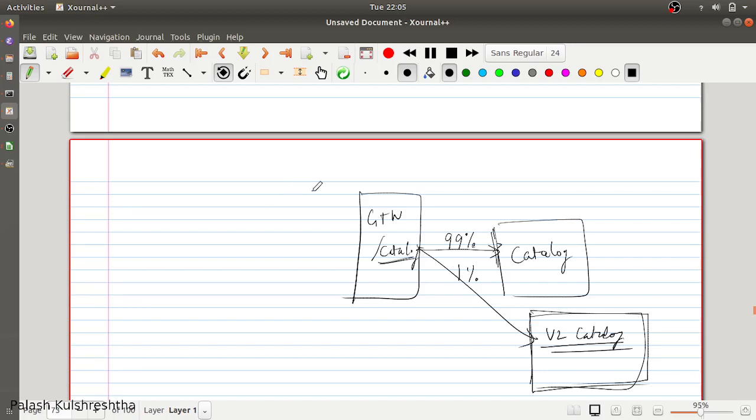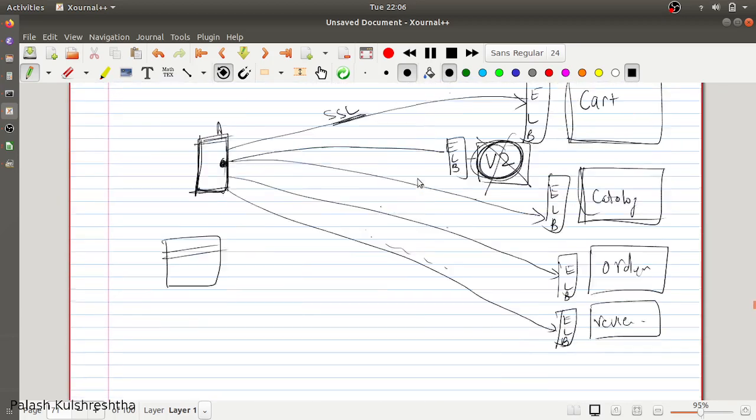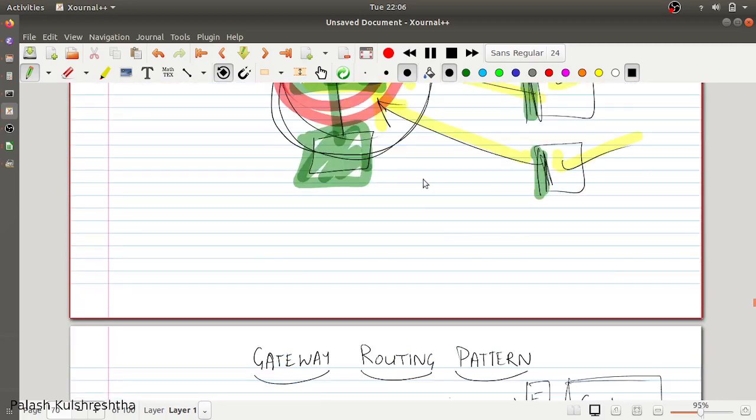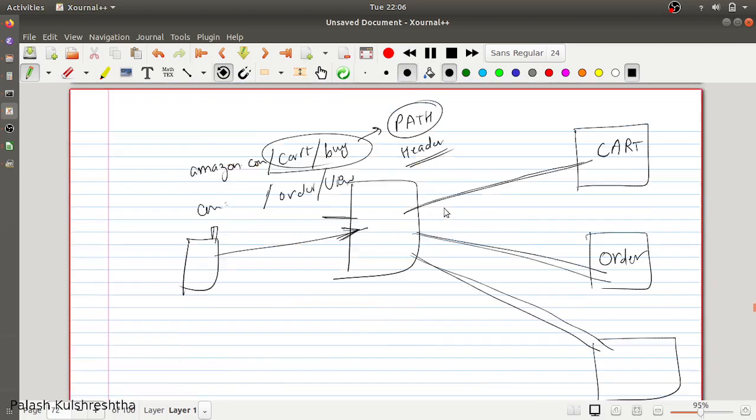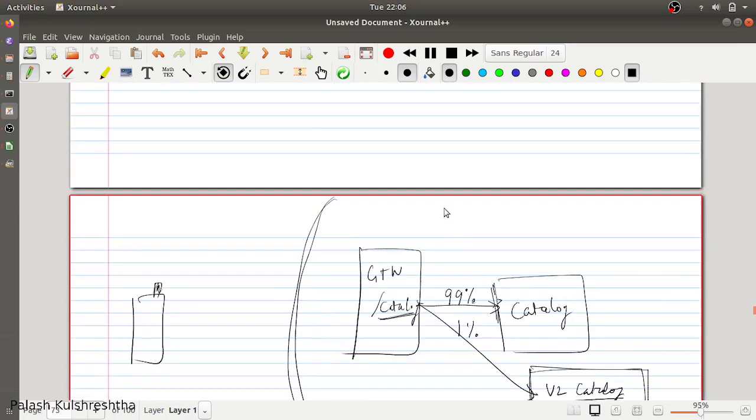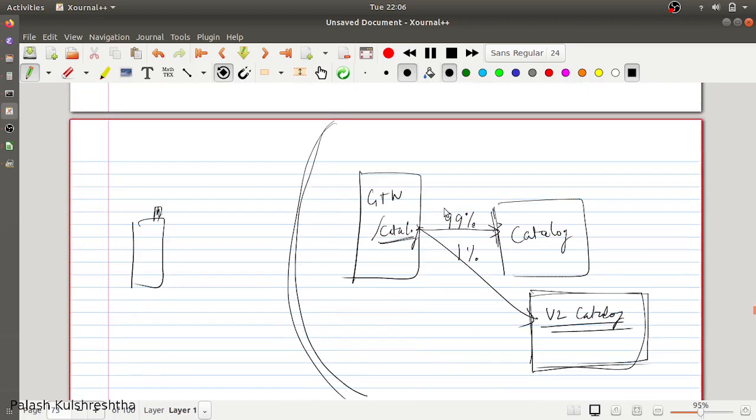So in a way, what we are doing is creating a facade over our services. The client does not need to have any knowledge about what services are present. As in the previous case, it would have required multiple services like catalog.amazon.com, but it now just needs to understand the relation with its gateway, and then the gateway routes those requests correctly to the respective services.